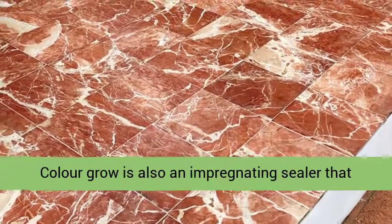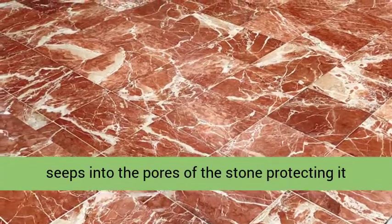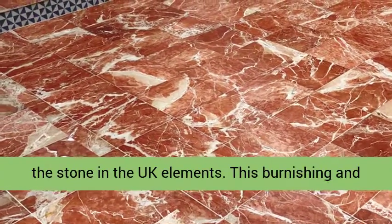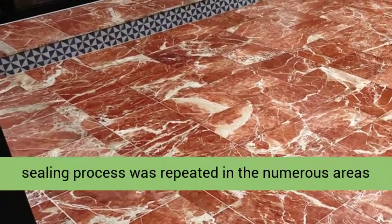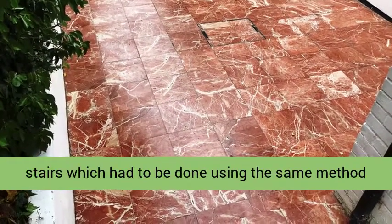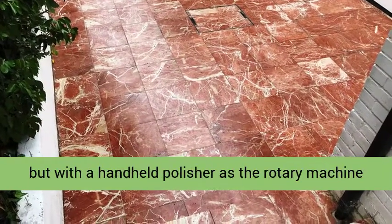Colour Grow is also an impregnating sealer that seeps into the pores of the stone, protecting it from within, and will fare much better protecting the stone in the UK elements. This burnishing and sealing process was repeated in the numerous areas that made up the entire patio, except for the stairs, which had to be done using the same method, but with a handheld polisher